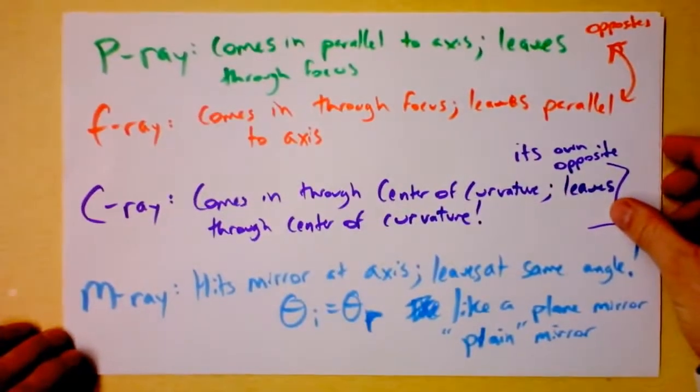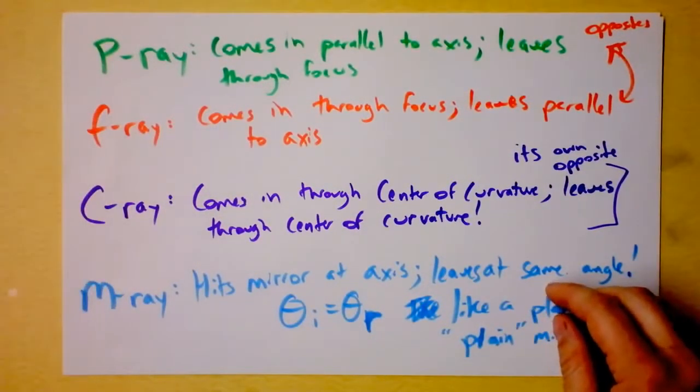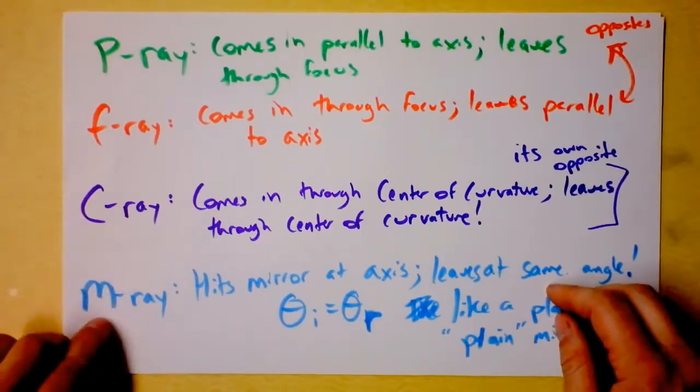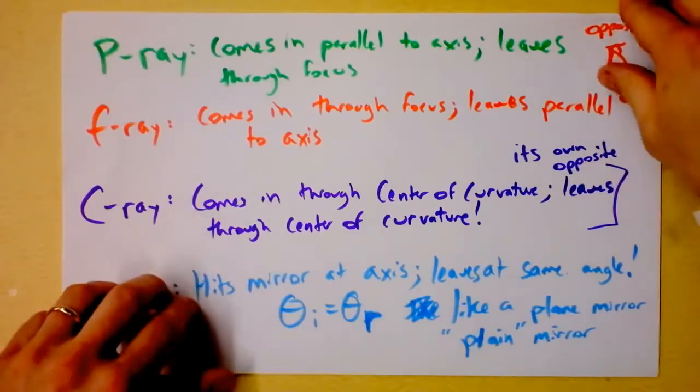All right, here are the ground rules. One, these are the four rays that we're going to be addressing: the P ray, the F ray, the C ray, and the M ray. Excellent. So, you also need to know, ground rule number two, that when there is an object, and my object's